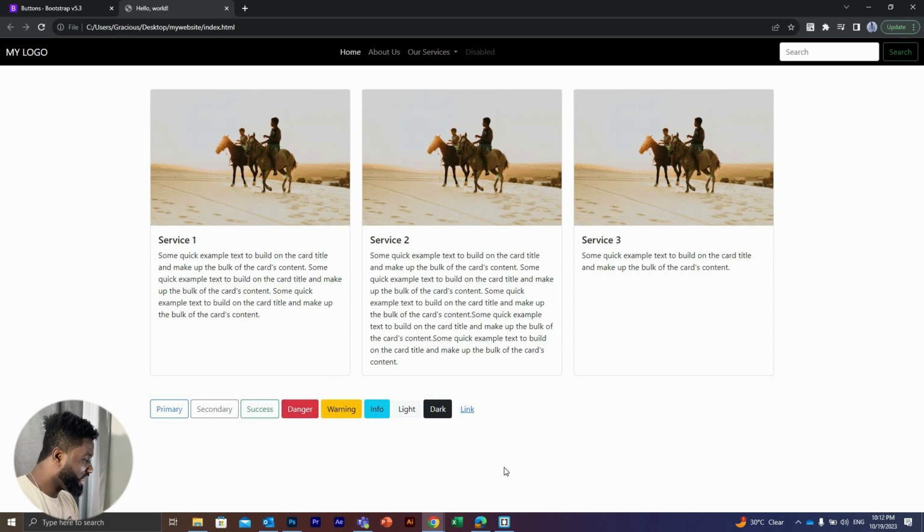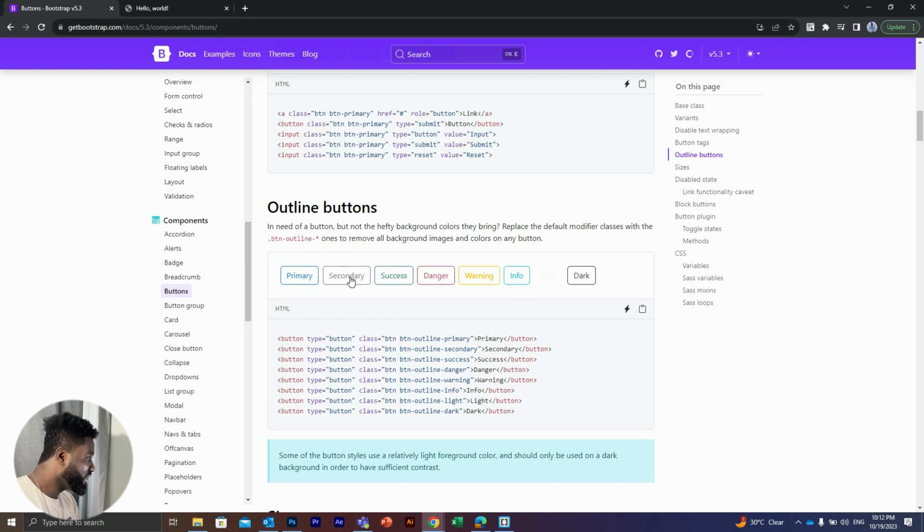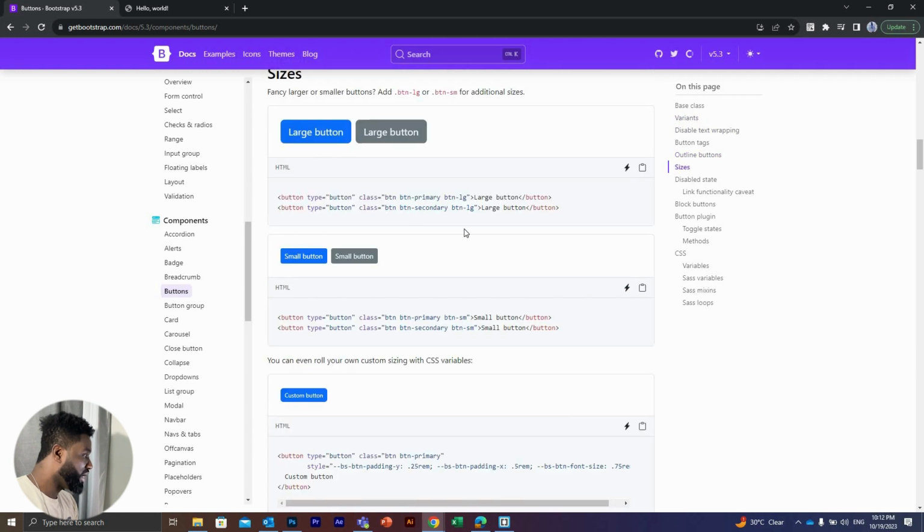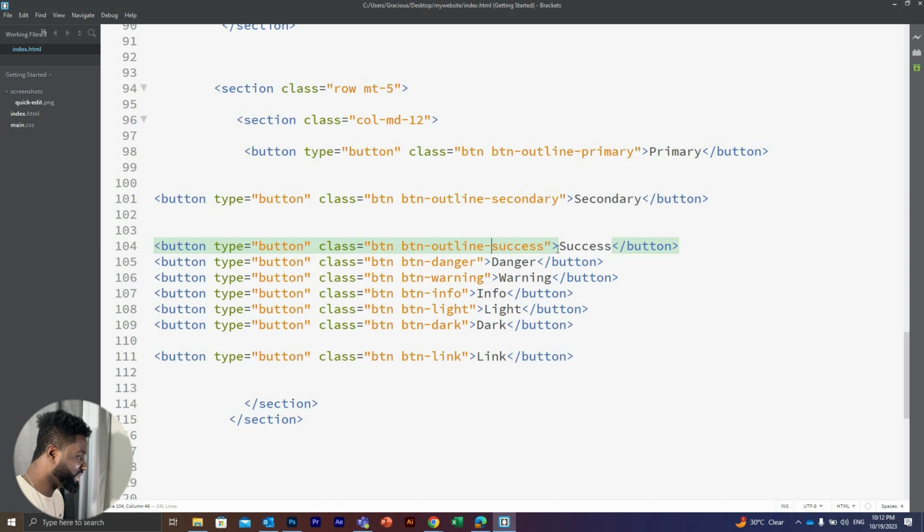So the next thing we'll be looking at is the sizes. So this is the medium size of the button. So let's say I want to increase the size of my button, or I want to make it small. I just need a class called btn-lg, and for small, I need a class of btn-sm. So I'm going to show you guys how this works. So inside the class, I'll just type btn-lg, okay, and then for the danger button, I'll use btn-sm,